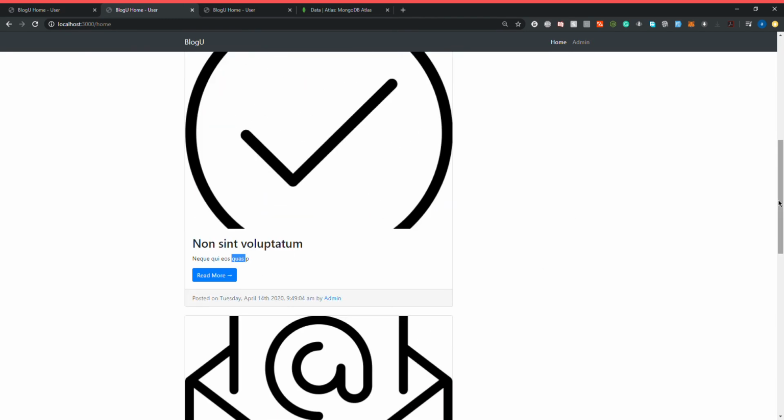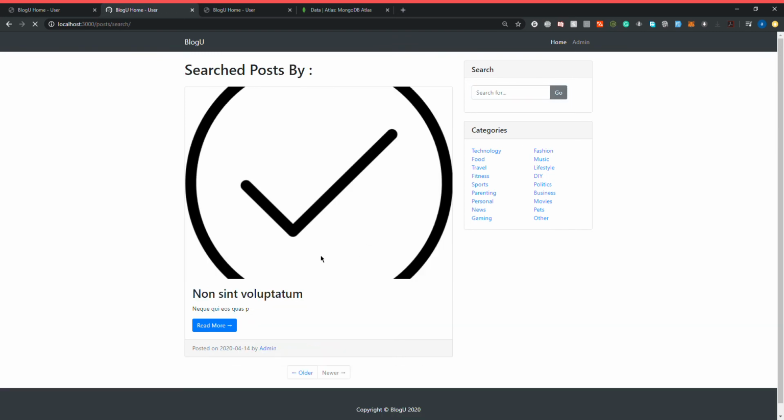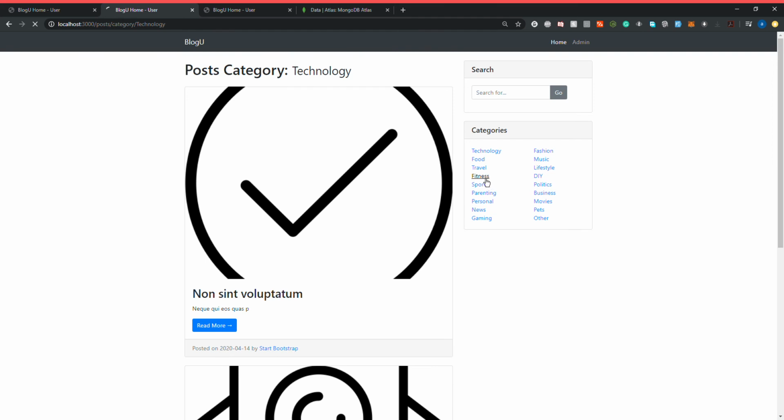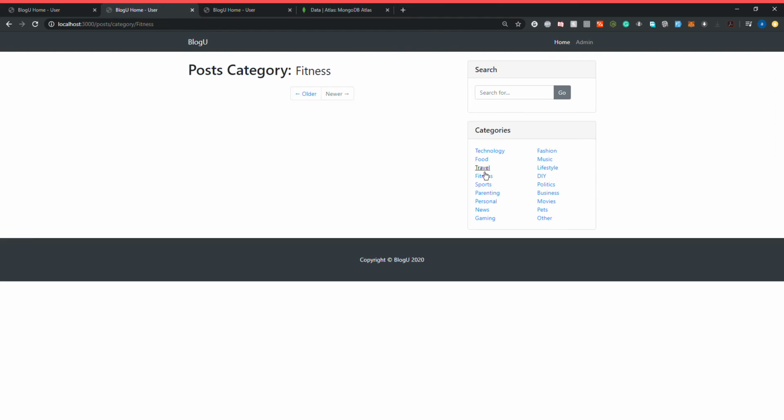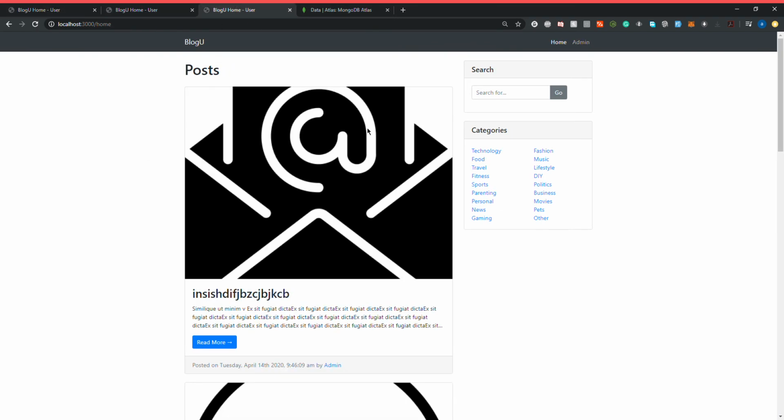I can also search for any posts with their content. For example, this post, I can search with its content, and if it's successful, it's going to display the searched post content. We also support category filtering. For example, fitness, there is no post. For travel, there is no post. For food, we have one post. And also we can